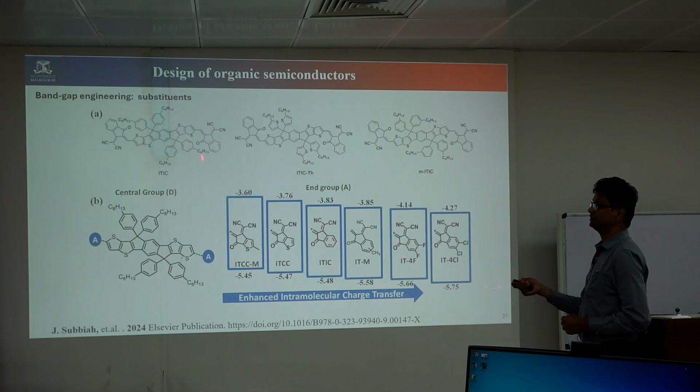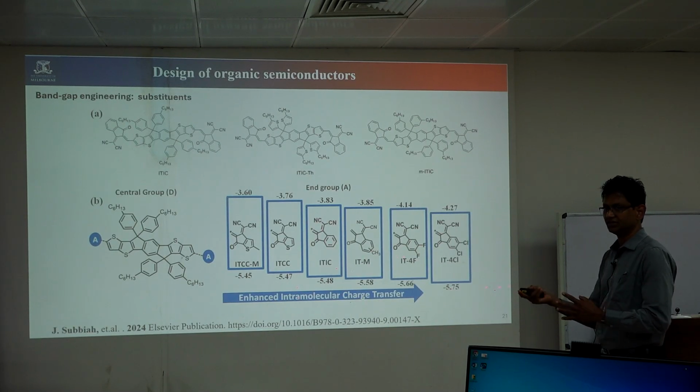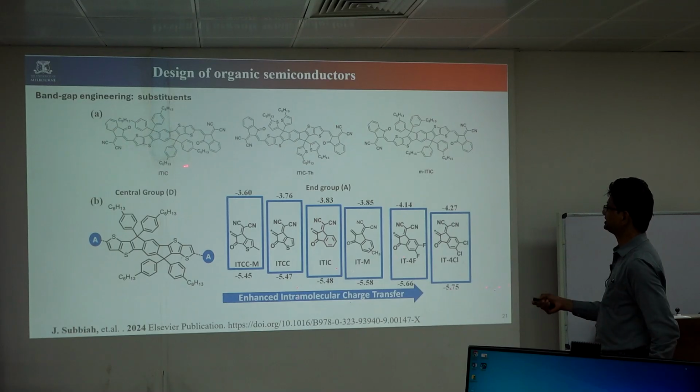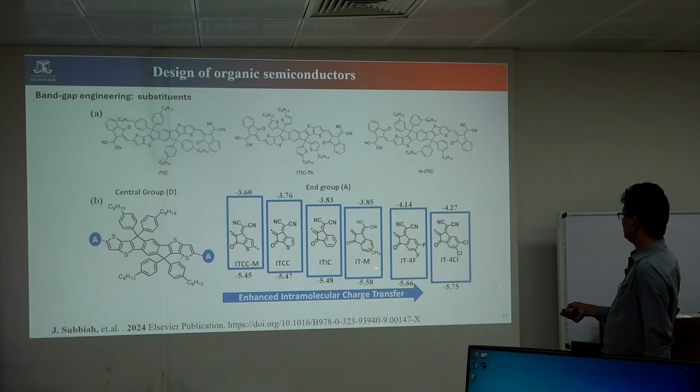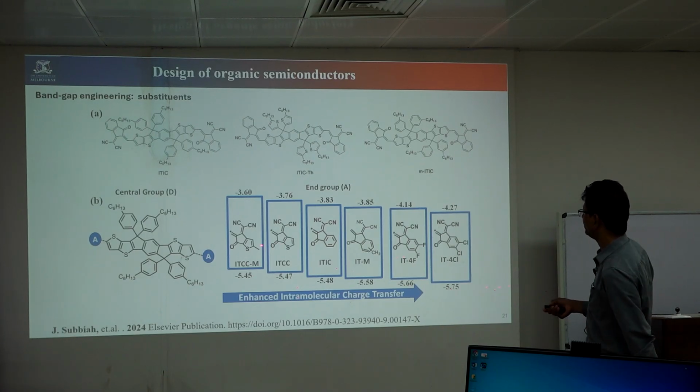So the next thing is substituents. I said, remaining resonance effect. Substitution is here. Here we have different substituent end groups. This is one of the indacenodithieno acceptor molecules. So here we change this acceptor into different ITIC and different types of acceptor attached to both sides. And you can see how this molecule is changing. So when you have the cyano group, these are more acceptor, CN group, 5.45. When we introduce in this one